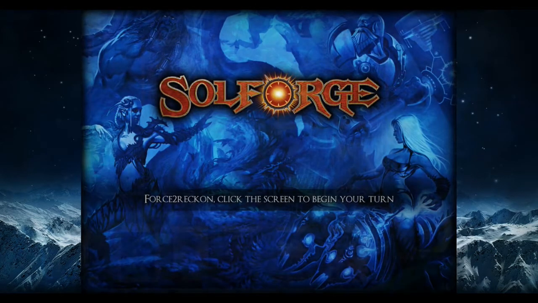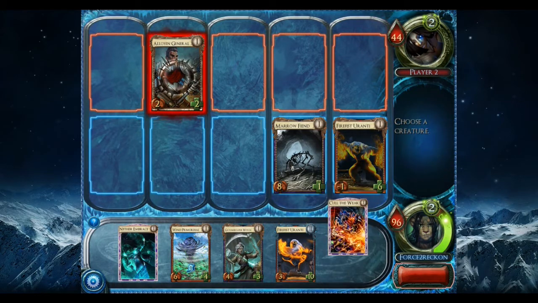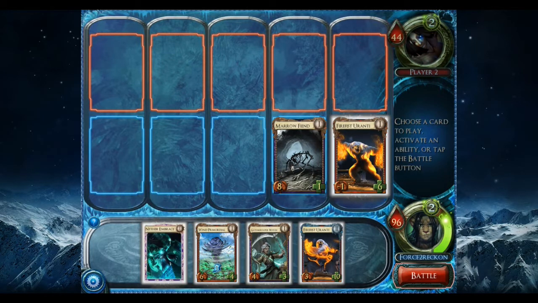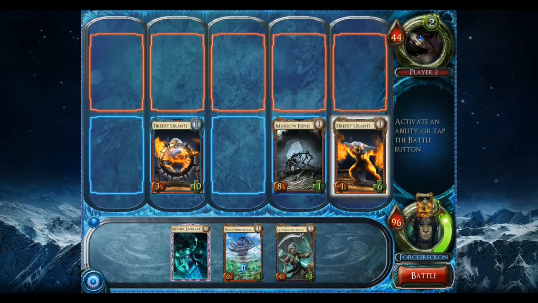Strangely enough, this game is actually really good for playing against yourself. We'll use Cull the Weak on the Eloyan General, because I want that upgraded, because that is a great ability. Deal 4 damage to an opponent and gain 4 health. No, we'll play the Firefist Uranti, the second level Firefist Uranti,